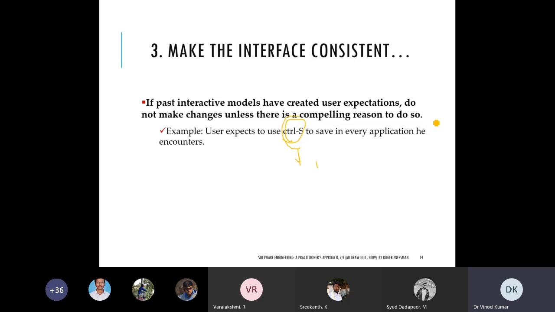Don't change. In some very rare conditions, you can change these types of commands. It depends upon the scenario and the context. If a compelling situation is there, you can change, but don't do it regularly. If the situation is normal, if it is not some special demand, don't do this.